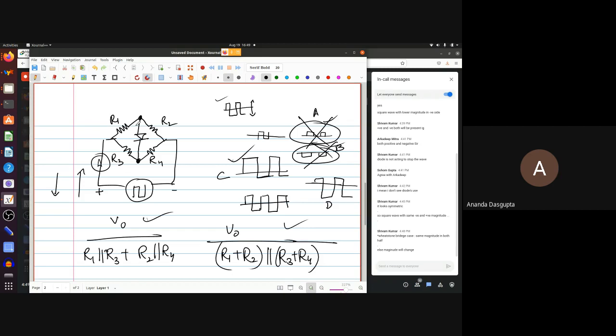But the question that I have for all of you is, when the bridge is not balanced, we realize that these will be the two currents. One is the case when the diode behaves like a closed short circuit, that is, the diode is forward biased, and this is when the diode is reverse biased. But the only question left is which is which. How do you decide when the diode is forward biased as opposed to when the diode is reverse biased?